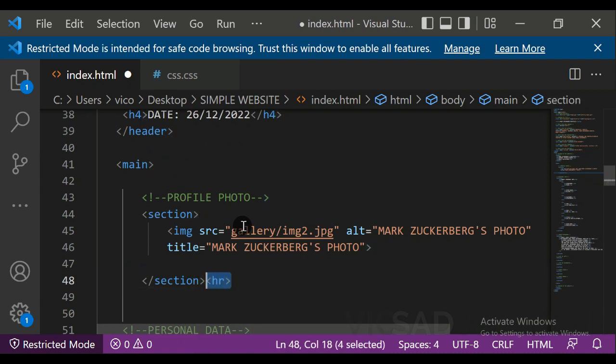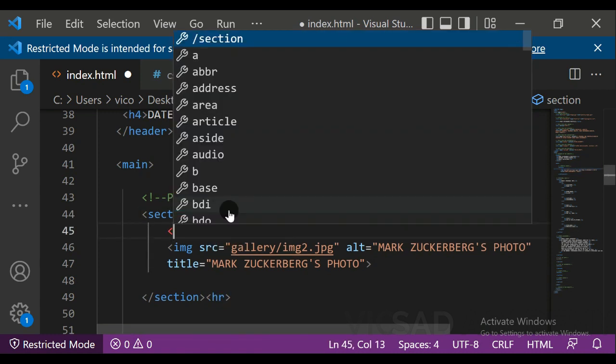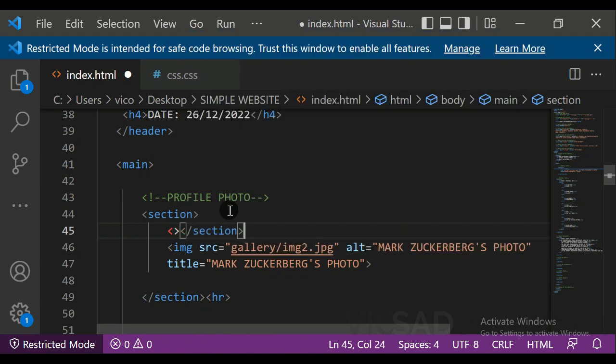I want to make you understand something: the reason I'm not going to give a header to that profile photo is because it's a profile photo, and there's no need to give it a header, but I can also give it a header. So let me give it, yeah. I'm just going to give it H2 and then